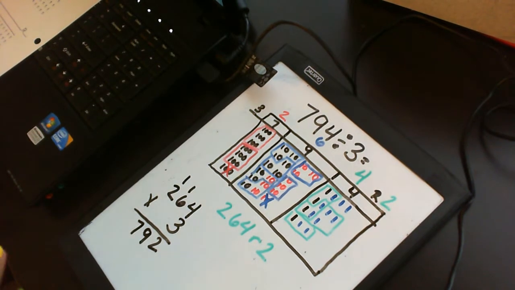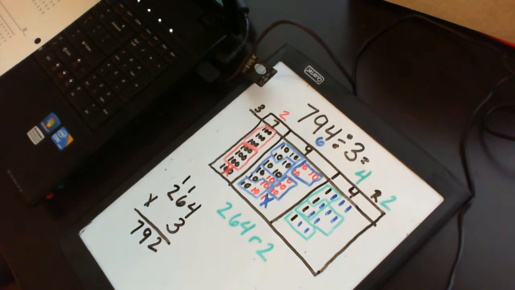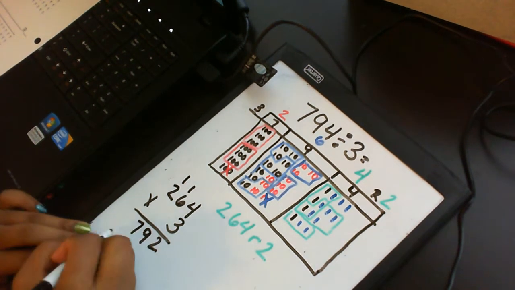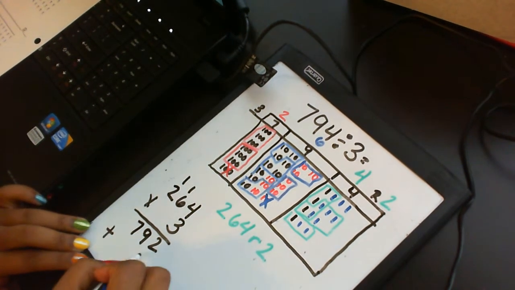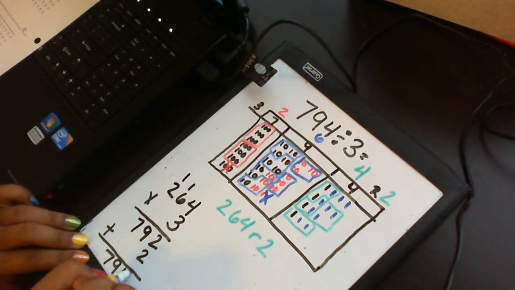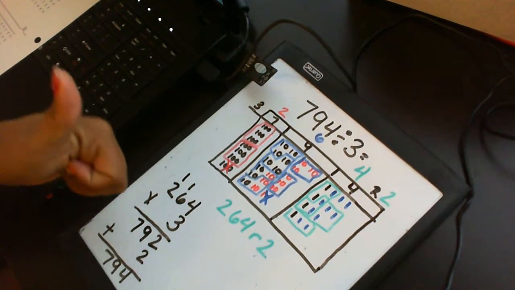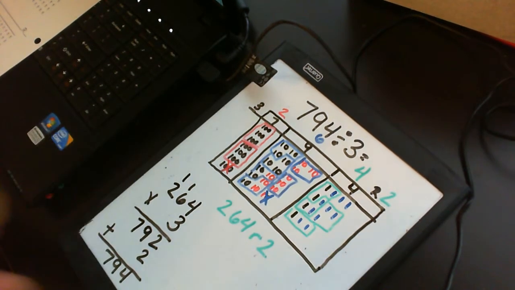But this number is not this number, is it? Well, that's because we have to add a remainder of 2, and we get 794. And that number are the same, so we know our problem is correct. So,